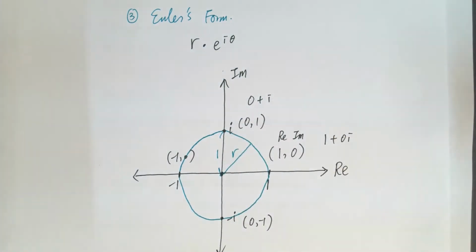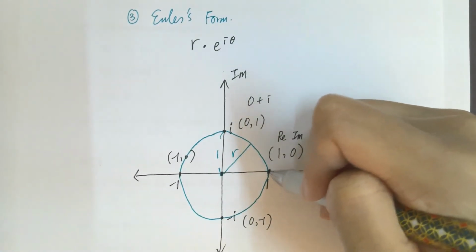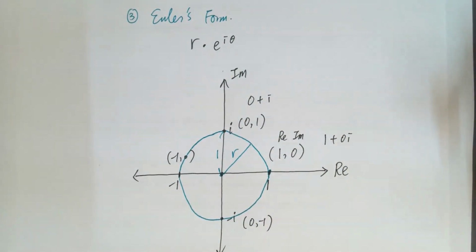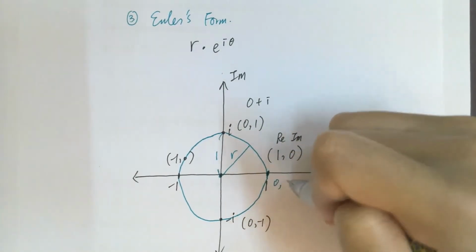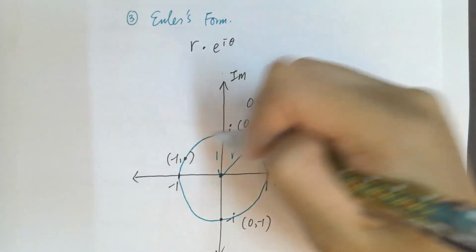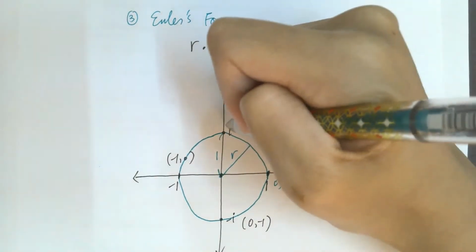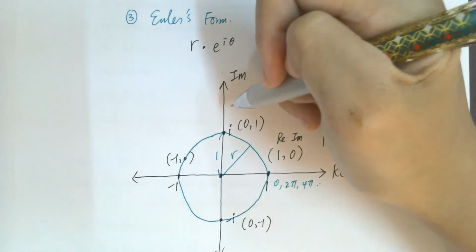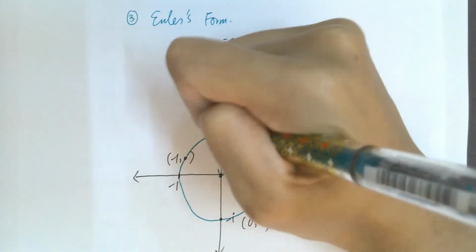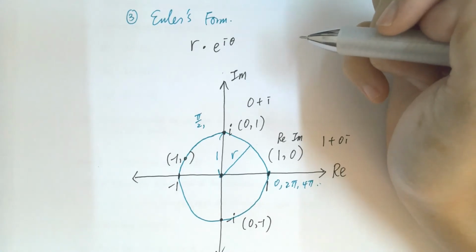Suppose we have another situation where we have a different angle. If we look at this angle here, recall your trigonometry, this would be 0, 2 pi, 4 pi, etc. You rotate around and around. One time you get 2 pi, a second time you get 4 pi. Whereas here, this point would be pi over 2. And what is the next one? 2 pi plus pi over 2 is